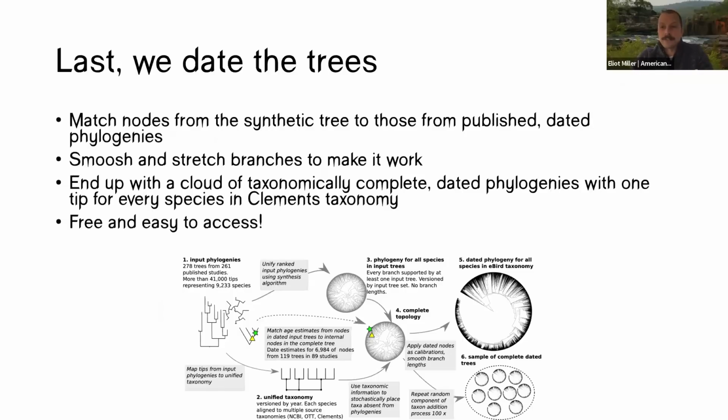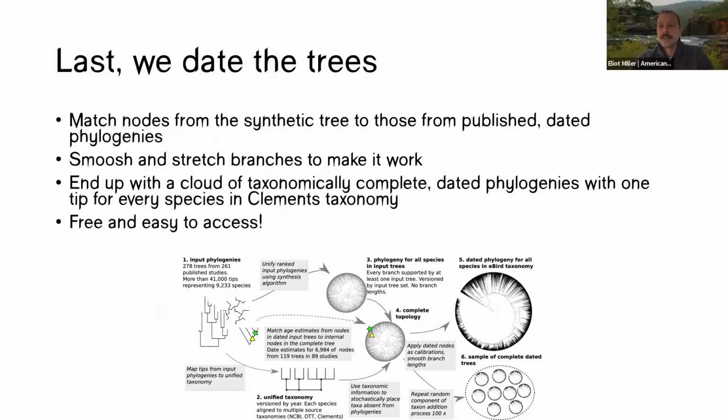So to do that, we match nodes from the published phylogenies to those in the final tree. And we basically smush and stretch branches to average over all those dates from multiple studies. And finally, we end up with a cloud of complete dated phylogenies with one tip for every species in the